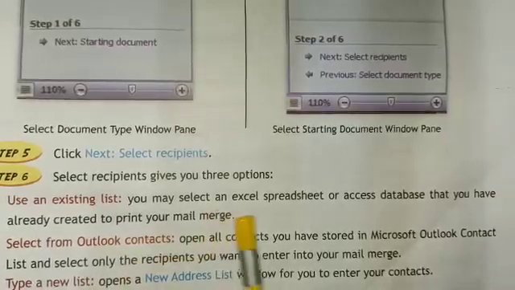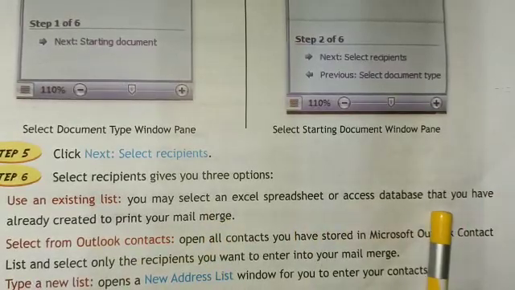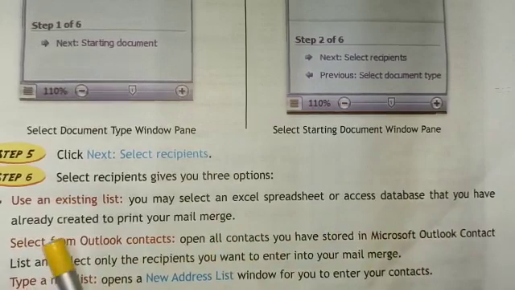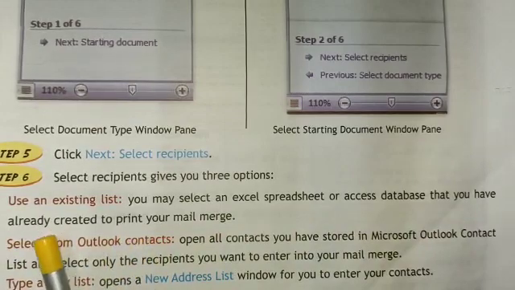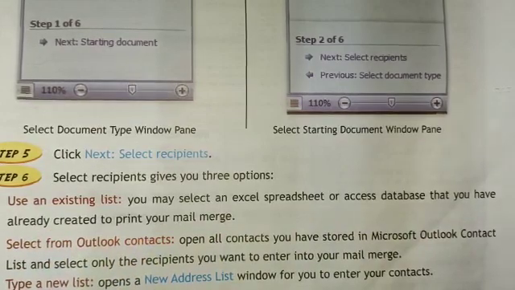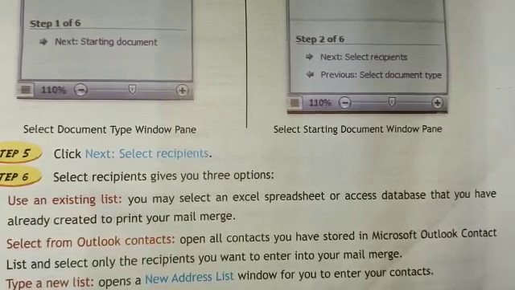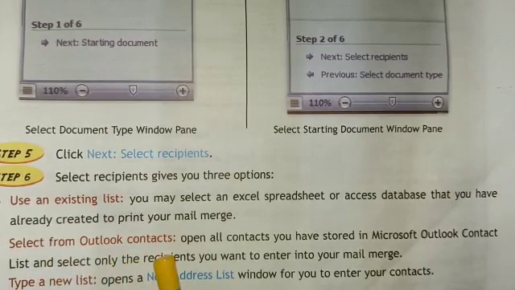You may select an Excel spreadsheet or Access database that you have already created to print your mail merge. The next option is Select from Outlook contacts.